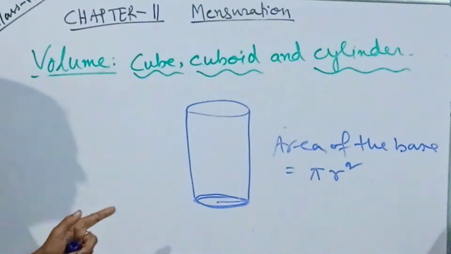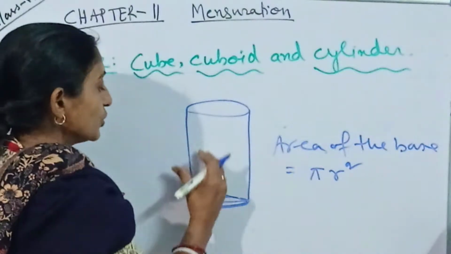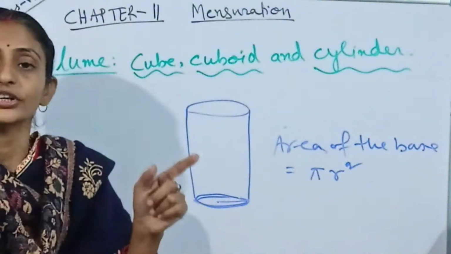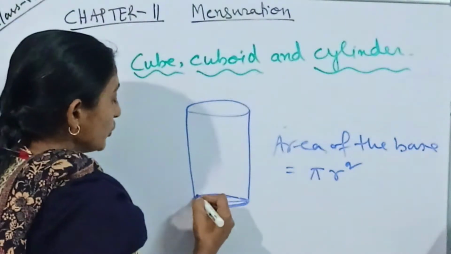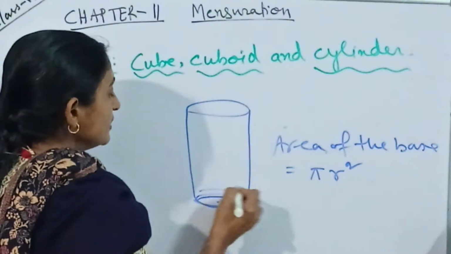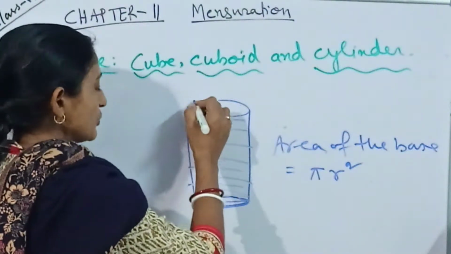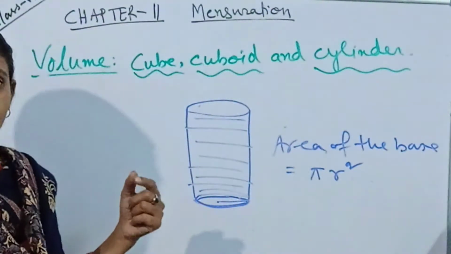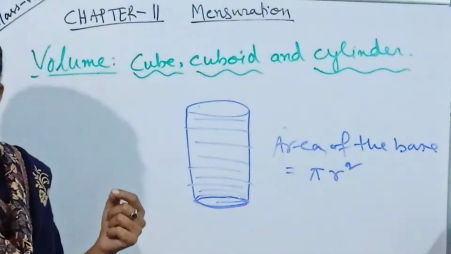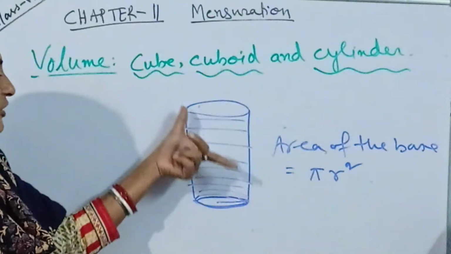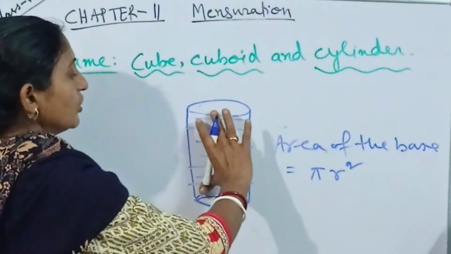But I need the volume. Volume means that solid, the total content of this one. So here we have to look at how we are putting one CD after another over there. After keeping a number of CDs, suppose it has come up to that height, and each CD has a height of, let it be, 1 unit. Suppose you have kept 10 CDs. After keeping 10 CDs, you have got this height.